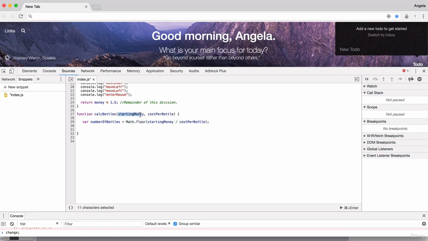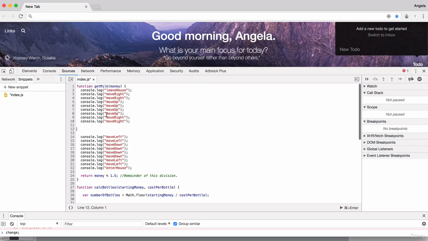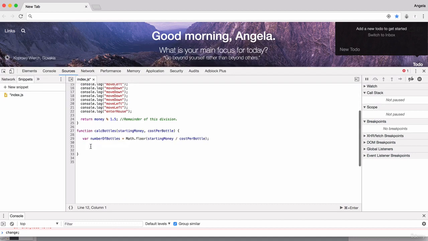This is always going to be the same calculation that you need to perform, no matter which scenario. So you could have a starting money amount of $5, $10, $20, doesn't matter. And if you divide that by the cost per bottle of milk, then you will end up with the number of bottles. So now, how can we use this function inside here? Well, if we give this function a return statement, and we say that the output of this function is the numberOfBottles,